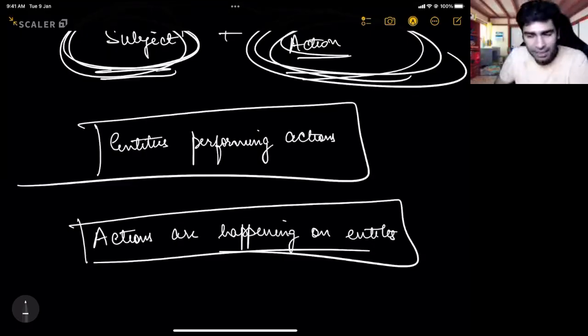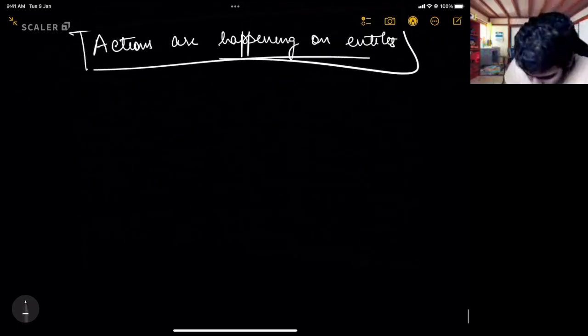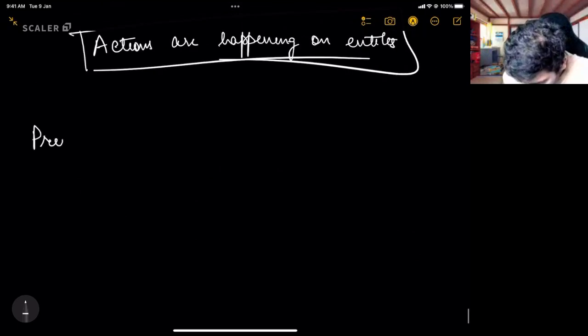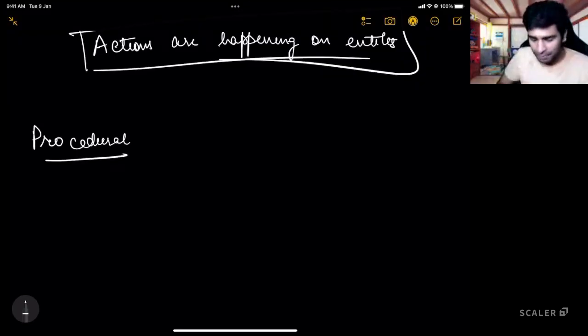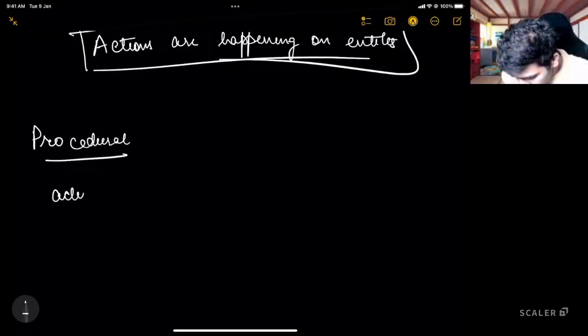Do entities have any actions or behavior with them in the procedural programming world? No. Let me just repeat this again. In procedural programming, we have different procedures, and we can call these procedures something like action 1. Okay, then there is action 2.